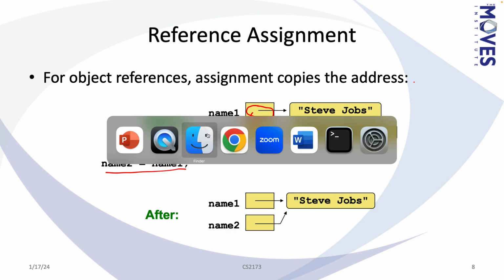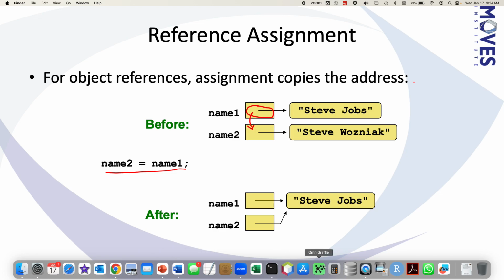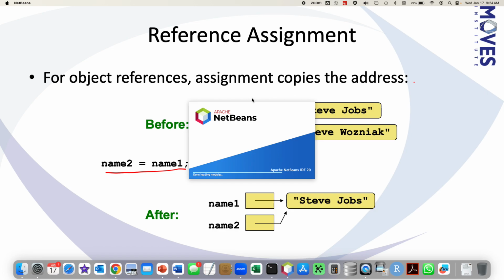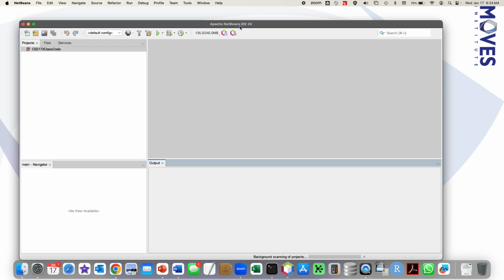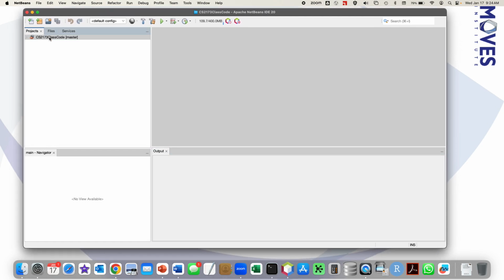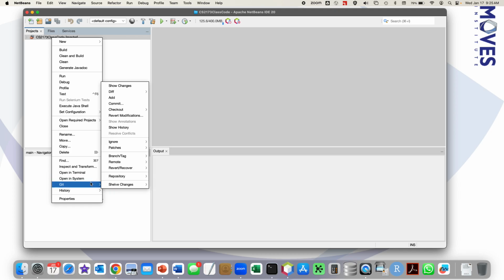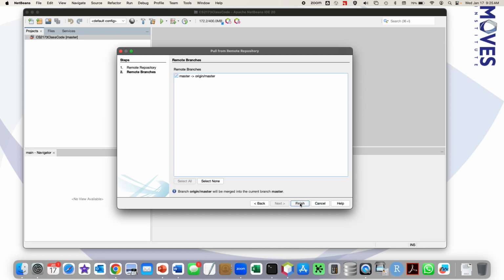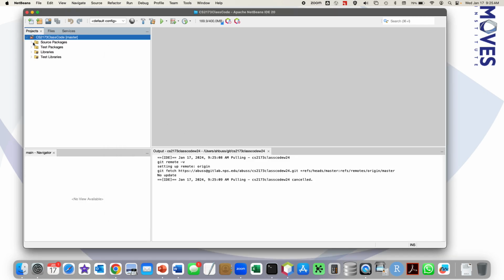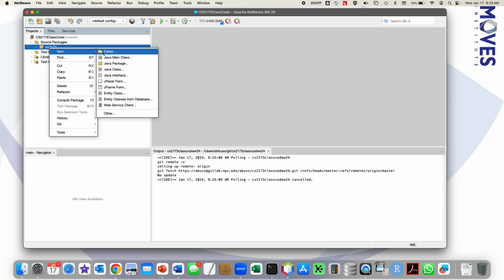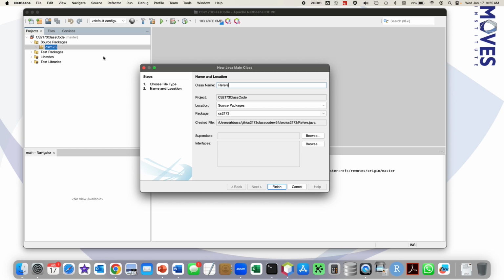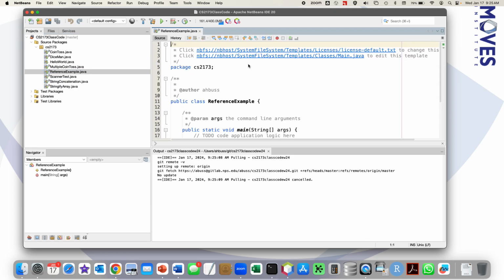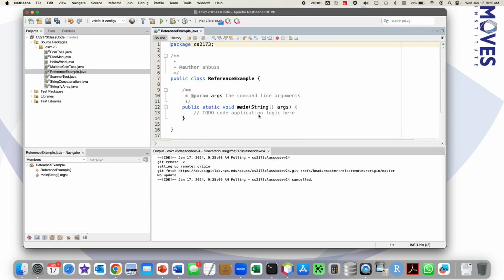Let me illustrate that. So far we have only been dealing with a handful of objects. Now strings are immutable, but there are objects which are a little more mutable.